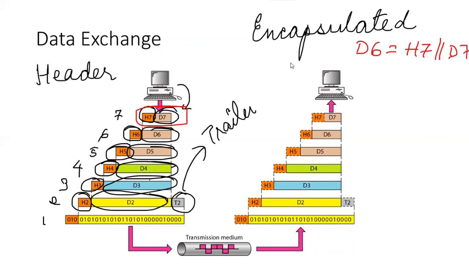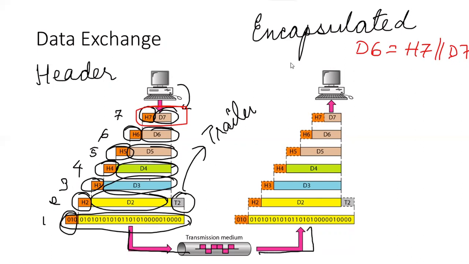And then this whole thing is sent to the physical layer, which actually deals with the data not as a mail or something. It just looks at it as a sequence of zeros and ones. So the physical layer also adds its own header, and then this whole thing is being sent by the media. This is the transmission medium. Since this is in digital form, it will convert it into the appropriate form which is necessary for transmission, and then it will send it.